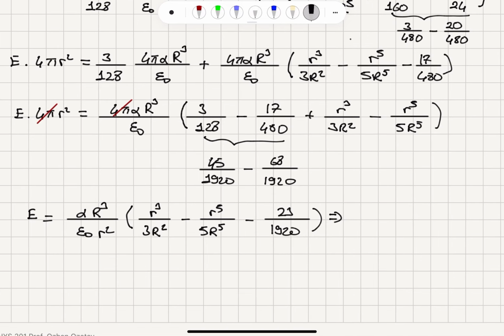So I will substitute for alpha 480 capital Q over 233 pi capital R cube. So the electric field in the region capital R over 2 less or equal to R less or equal to capital R is given by,